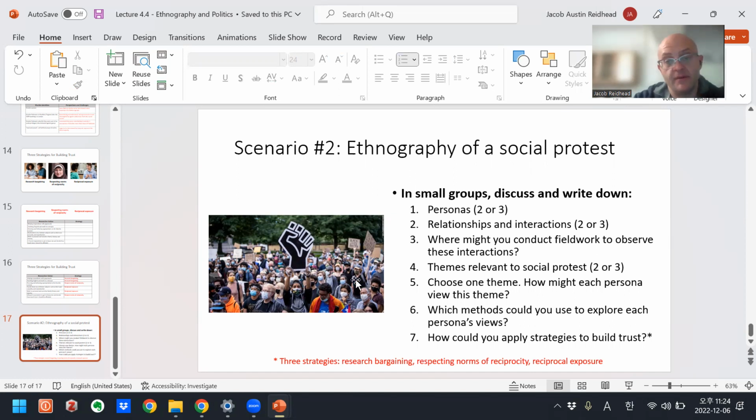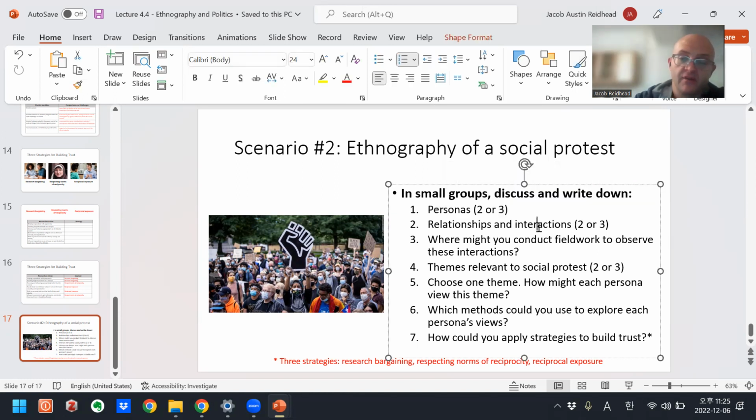Then they can talk about the relationships or interactions, 2 or 3 relationships or interactions between these personas. For example, the interactions between the police and the protesters, between the protesters and the subjects of the protests, right?